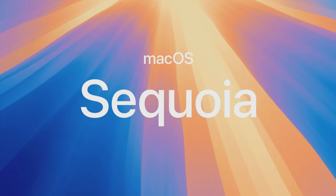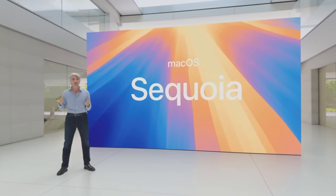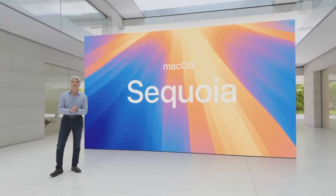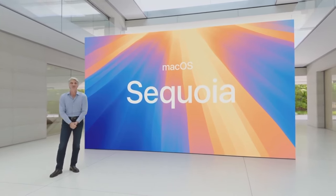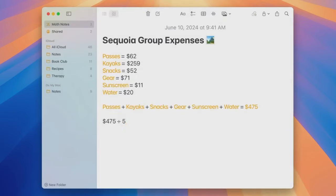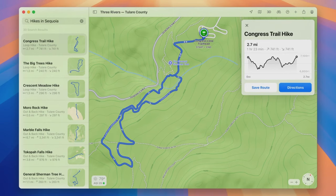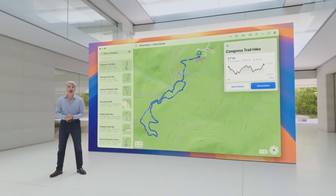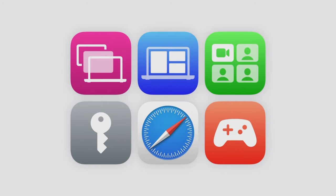Welcome to macOS Sequoia. The incredible features we talked about in iOS 18 and iPadOS 18 are going to be amazing for the ways you use Mac. You can be even more expressive in messages. Math Notes provide a helpful typed experience, and you can easily plan a hike in Maps. These new features are terrific on the Mac, and macOS Sequoia introduces even more features to help you effortlessly get